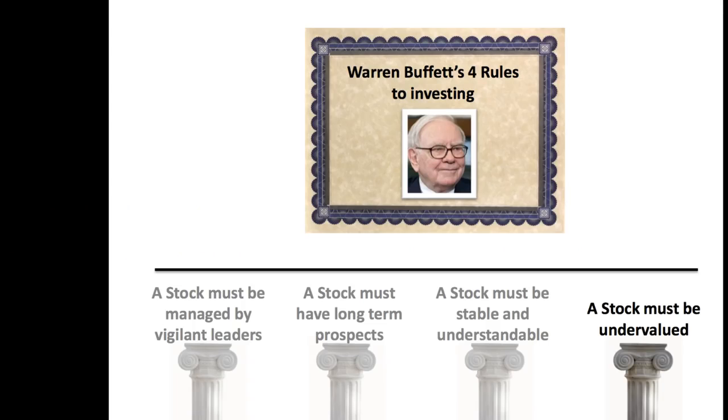So that's it. Those are his 4 rules. We covered all 4 of them. The last one here, a stock must be undervalued. We demonstrated that with the Disney company. And what I think was kind of unique is we went through the first 3 rules, and we had the Disney company checking out for all 3 of those rules. But when we finally made it to the 4th rule, which is the really important one, whether the stock is undervalued, unfortunately for Disney in this case, it was overvalued and it didn't check out on that 4th rule. So if we were exercising Warren Buffett's rules, we would not be buying any shares of the Walt Disney Company because it didn't pass that final rule.